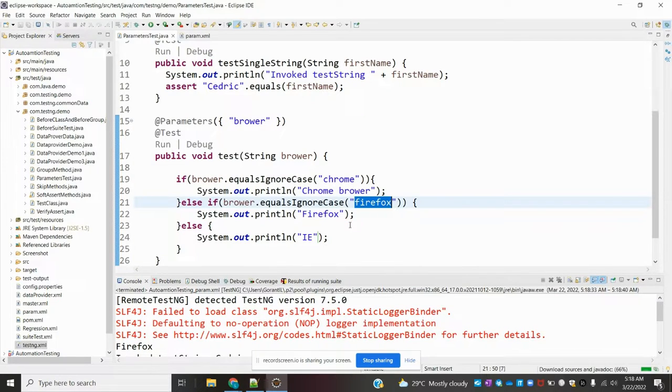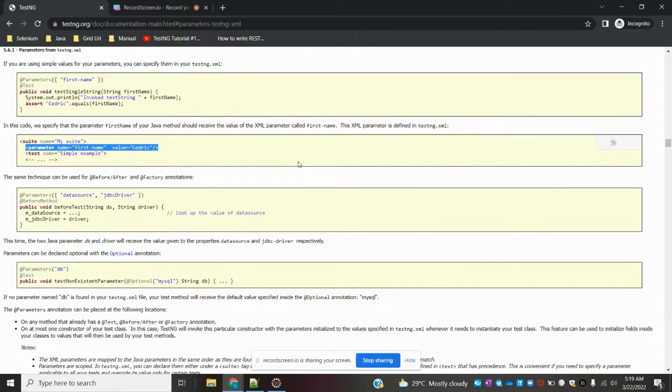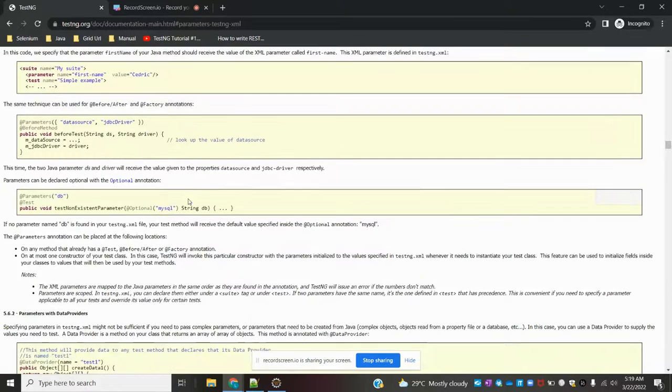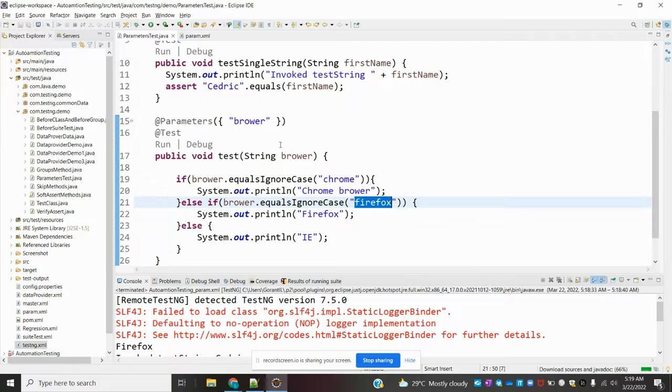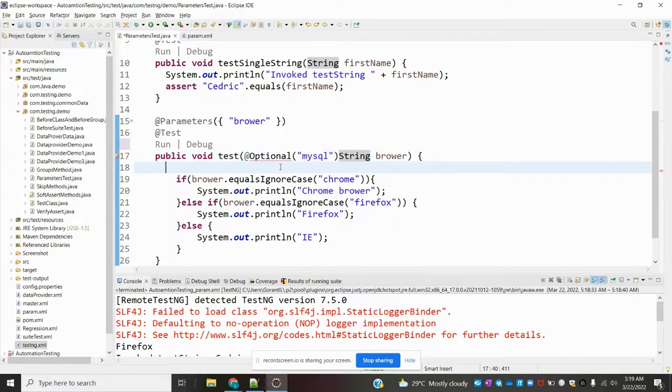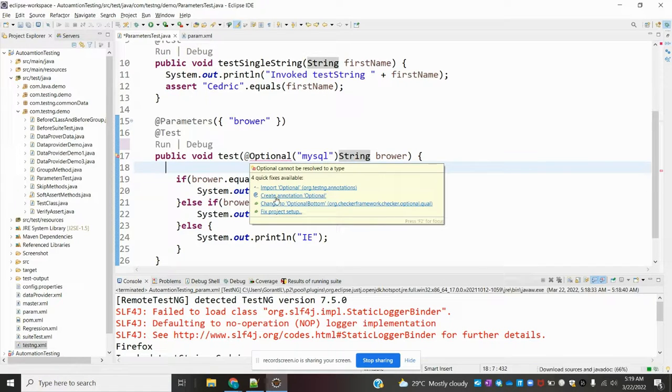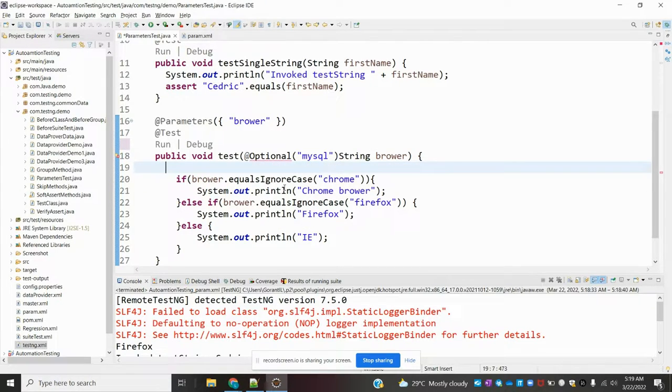And maybe you get some doubt here: if we don't have any browser parameter in testng.xml, how? We have another option, which is Optional. If we don't have any value from there, it will take this optional value, and you can also mouse over this Optional, and in the testng.org annotation only Optional is present, and here we can declare